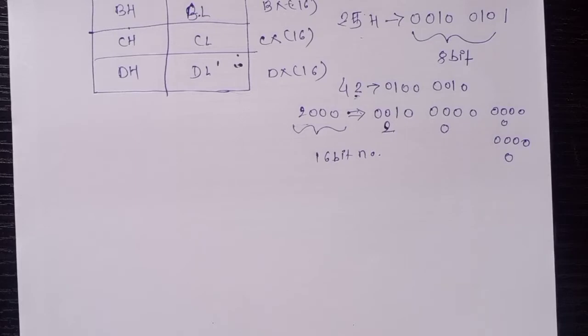What's the advantage? The processor will fetch the instruction, and the moment it fetches the instruction, in the instruction itself it will get the data. Will the processor have to hunt for the data? No. Will it have to go to some registers to search for the data? No. Some memory locations? No. Data is already given in the instruction itself. So will it take time for getting the data? No. The operation will be performed immediately. That's why it is called immediate addressing mode.